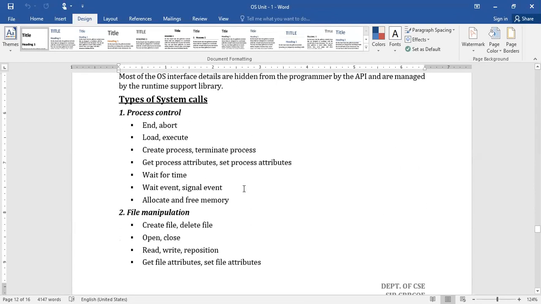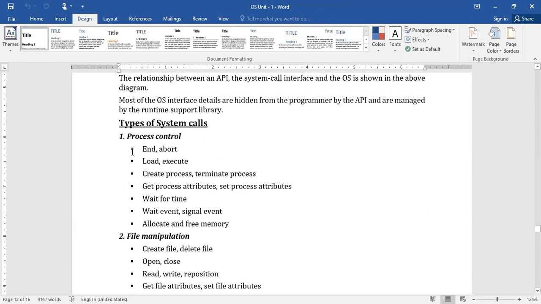As far as process control is concerned, a process means a program in execution, whatever it may be, whether it is an operating system program, that means kernel or system call execution, or a user program. A program in execution is called a process. Probably you may end the process.